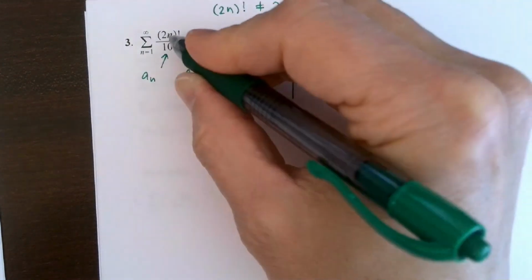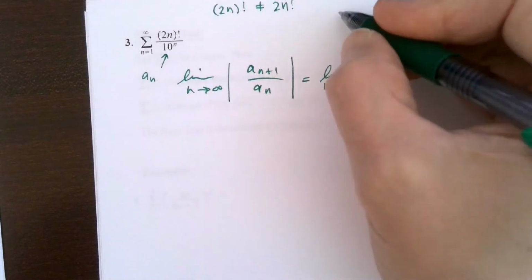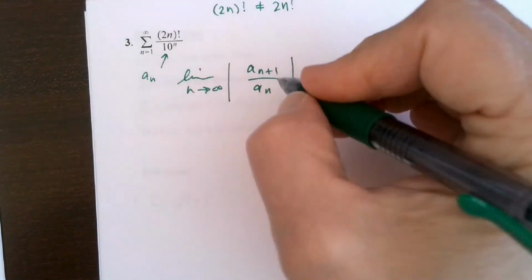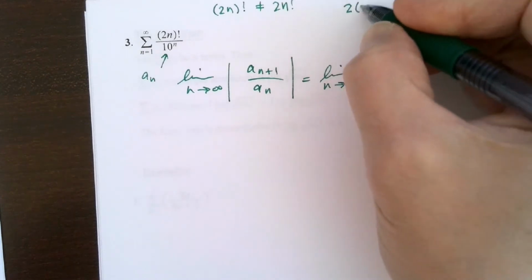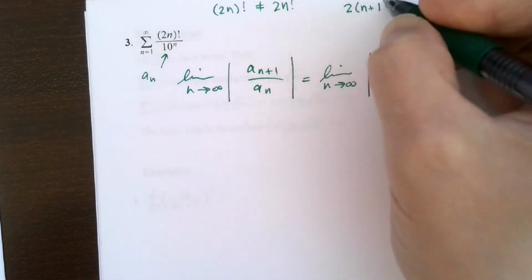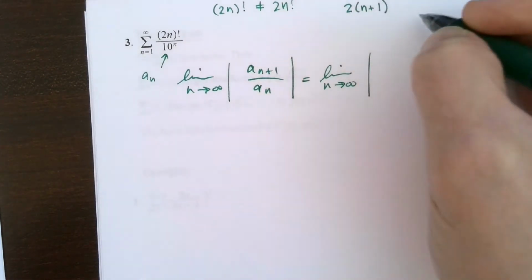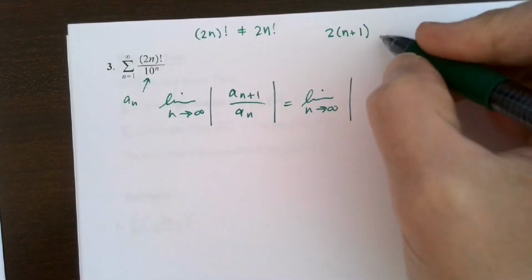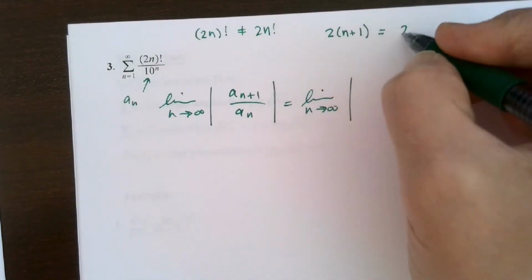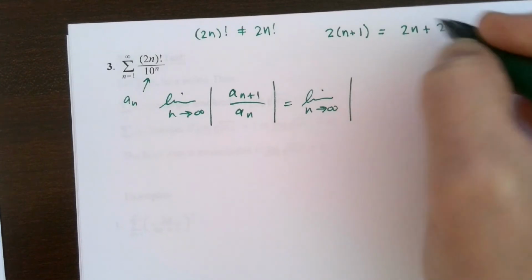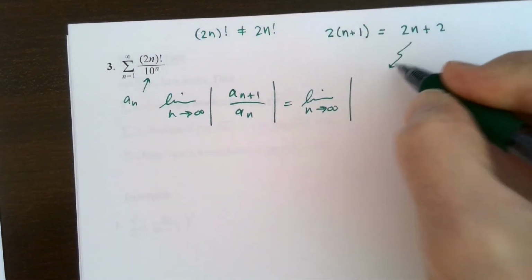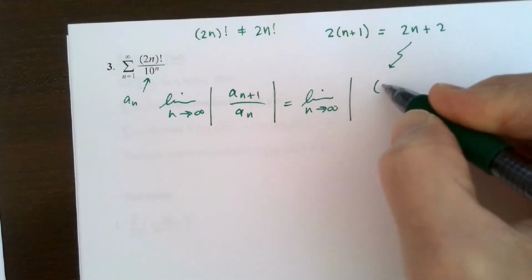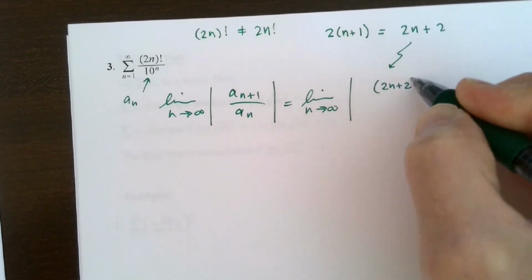If I replace n with n plus 1, notice what I get there. In parentheses, right, I'm replacing n with 2n. And this is really what? 2n plus what? 2, right? Distributing that 2 through. And so that's important here because I'm going to get 2n plus 2 factorial